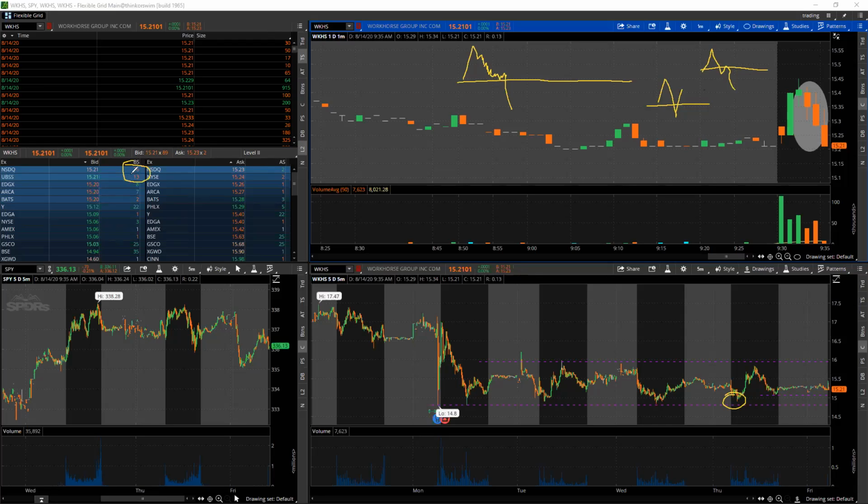These are relatively big buyers, especially 76. That's a very, very big size order coming through at 1521. So what might happen is two things. I haven't watched this tape clip. If it pops through and the bid isn't printing heavily, what that means is that someone pulled the bid, which means that it's likely a fake out.